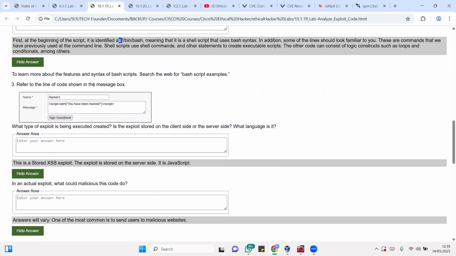Referring to the line of code shown in the box, what type of exploit is being executed? Is the exploit stored on the client side or the server side? What language is this? So this is a classical example of JavaScript. Now we know that JavaScript is a front-end language, but depending on if you're trying to do XSS, if it's stored XSS, cross-site scripting, most likely it's going to be getting to the database. Like in this case where you have to sign in, so this is going to be getting back to the